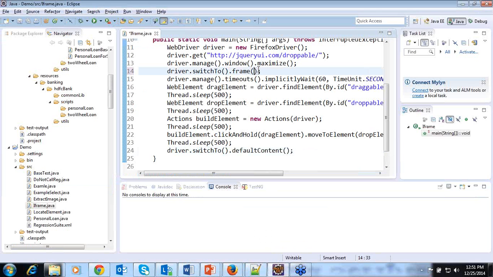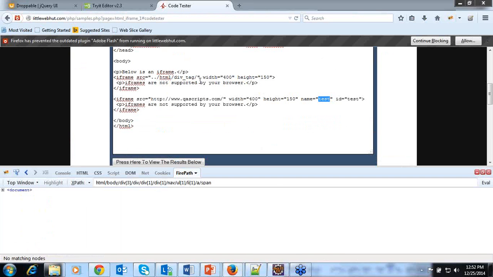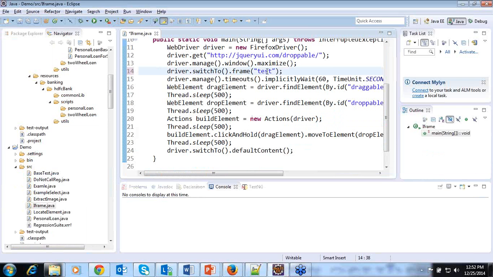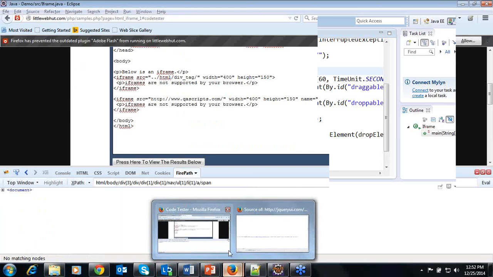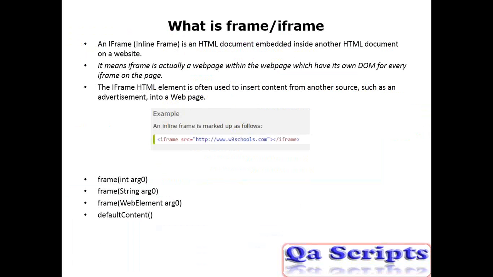So here you have to tell driver.switchTo.frame and the frame name. If it is an ID, directly use the text of the ID. If it is a name, you can also use the text of the name. So suppose your iframe has the name test, the same test will be used in double quotes. So this is how we can use the second method, that is frame string.